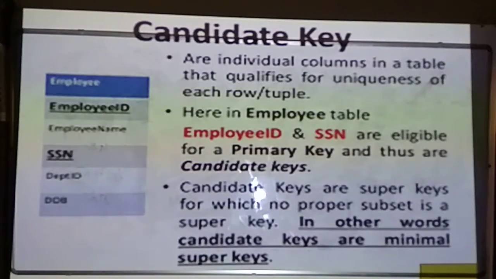So if you are forming any candidate key, it can be used with a combination, with a subset of super key. For example, student ID and department ID can be considered as a candidate key. In order to identify a complete row, I'm not going for all the fields. I'm taking only these two fields, student ID and department ID, so that we can retrieve the data in a